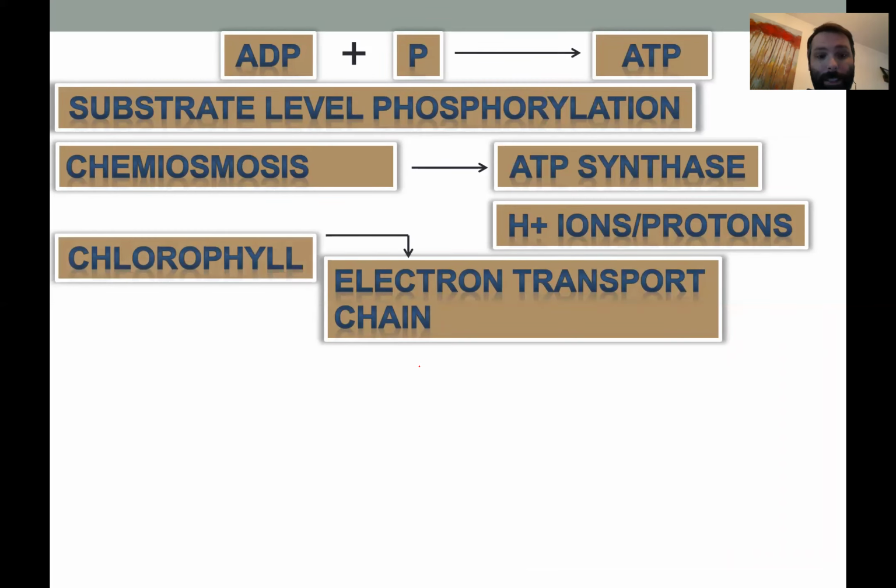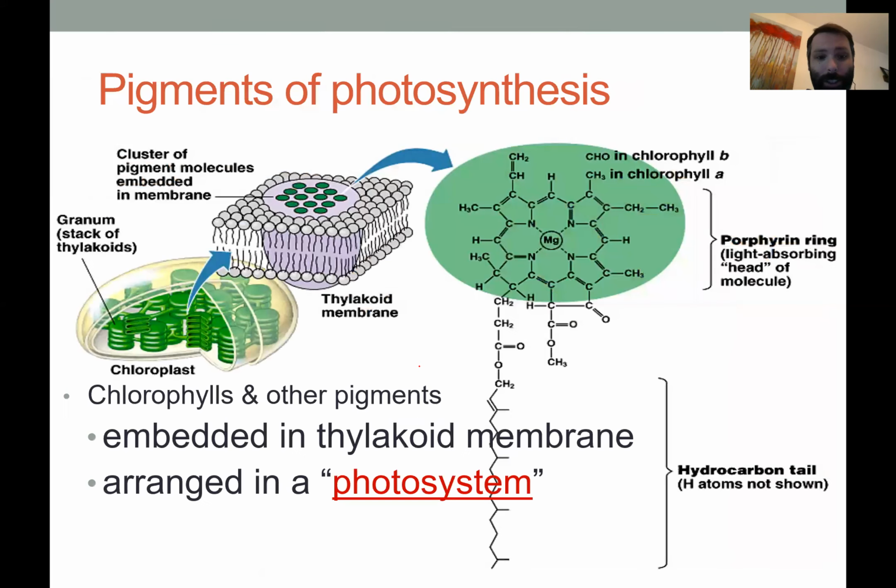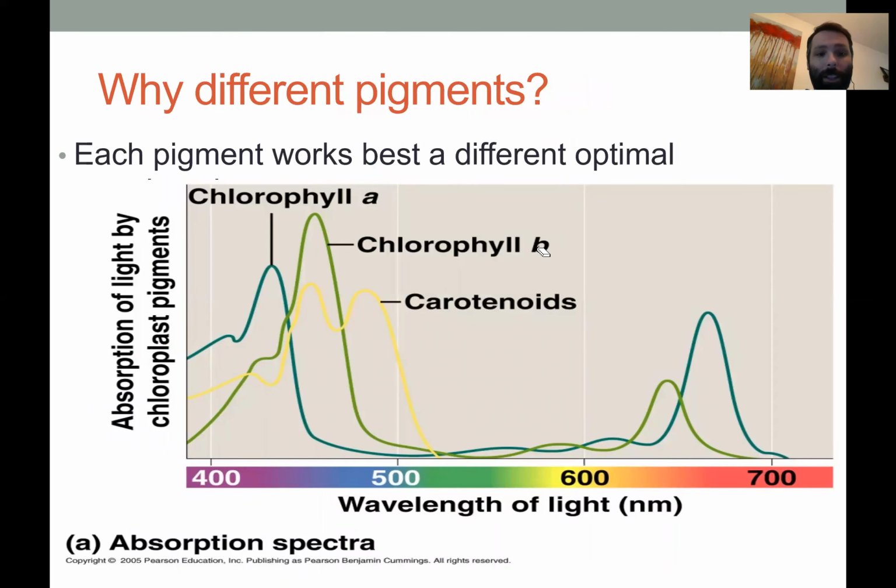Chlorophyll is the key to starting the electron transport chain. We saw pictures of this before, but here's a little more detailed part: you have your thylakoids, and then you zoom in, and the purple part here is a protein that has all these chlorophyll molecules embedded with magnesium in the center. And they're arranged in a group to do two things. One, to maximize the amount of chlorophylls that you can fit into one space, and because there's a lot of different ones,